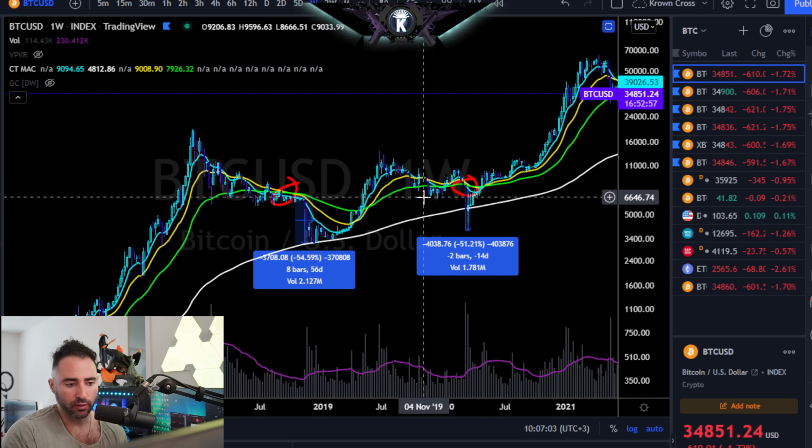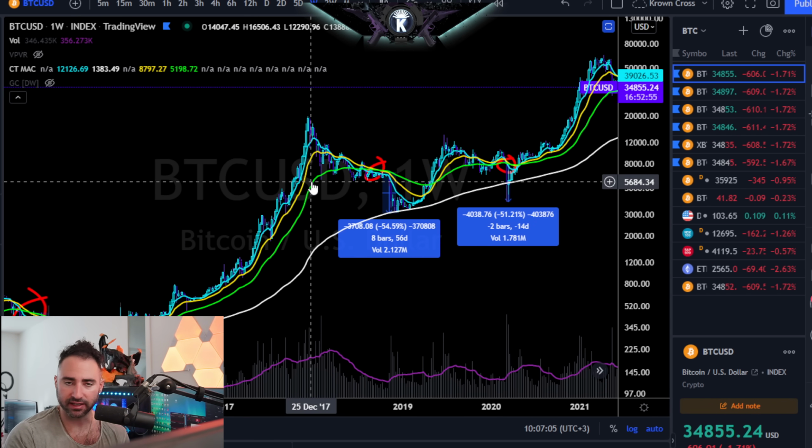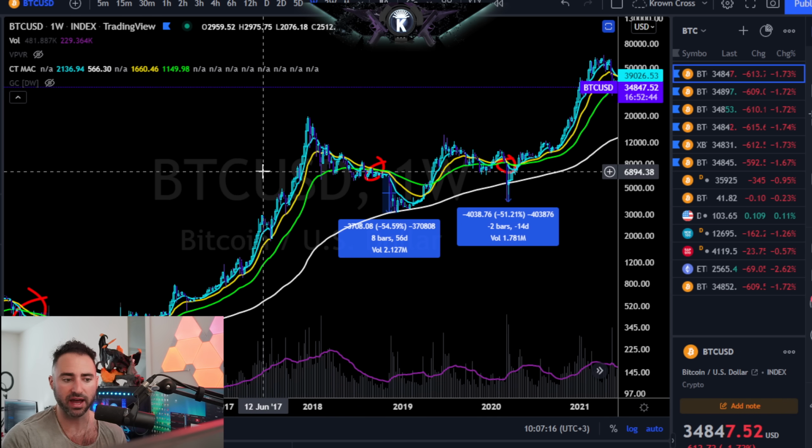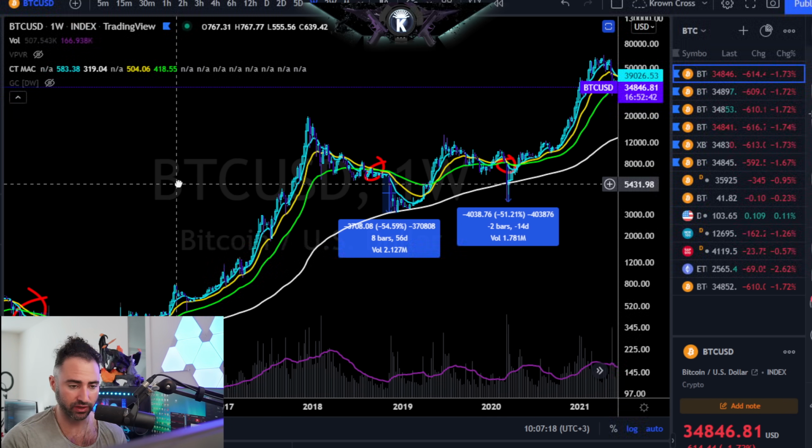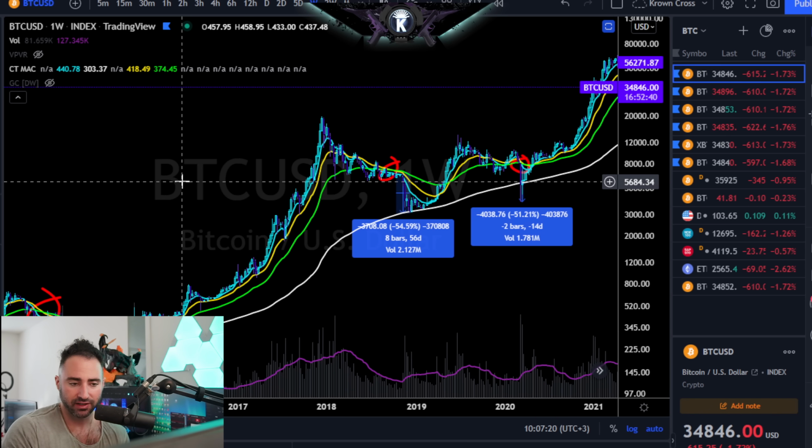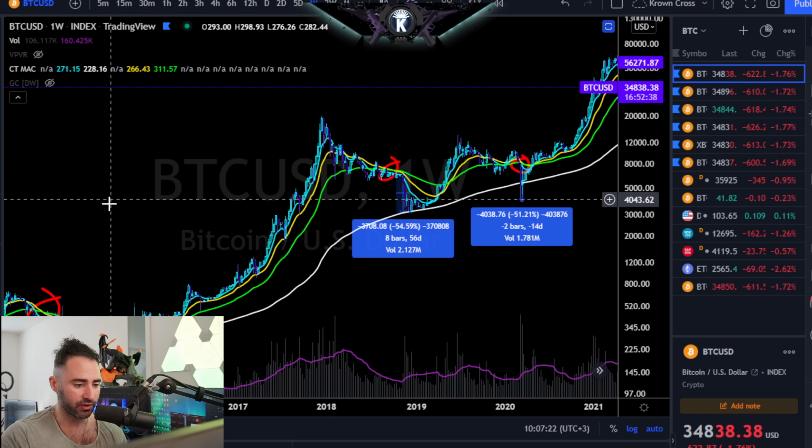Other than that, if I wanted to bring out what I think is the worst case potential scenario that might be relevant, I personally don't think this is relevant on a closing basis, maybe on a wick basis. This is about as bearish as I can get if I really go deep into the bear drawer, which, I want to remain fair and balanced here, like Fox News, right?